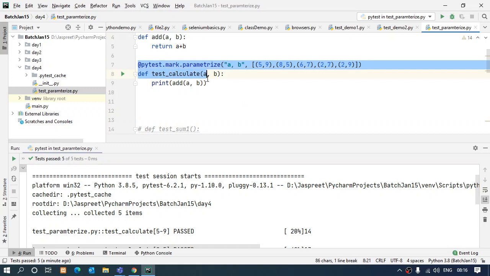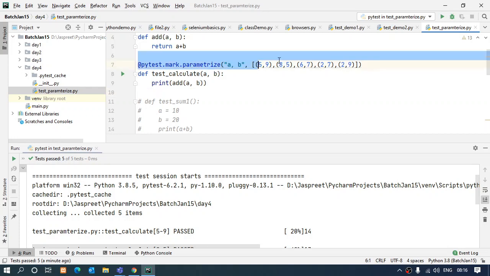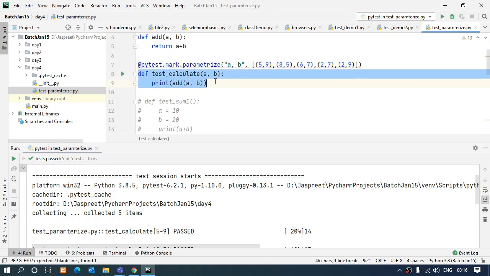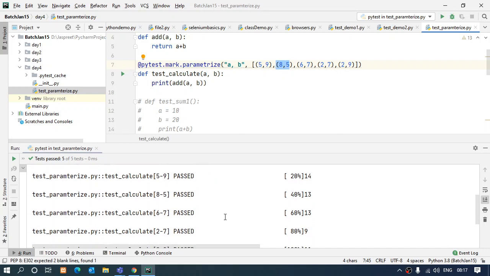So this is very important, because while we are going to work with the frameworks with some different test cases, at that time I may have to check my test case on different platforms. So at that time I will not make the test cases again and again. I'll just parameterize it like this. I'll pass on the values and it will automatically accept different parameters as a test case value. Okay, this is what is important to know about parameterizing the test case. Likewise, over here you can see that these values are coming up, and whatever the addition, whatever the total is, that's coming up over here.